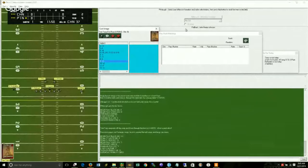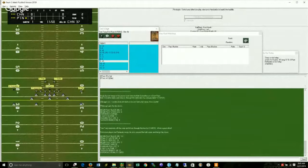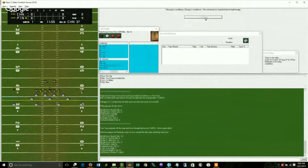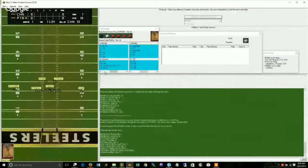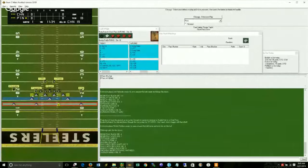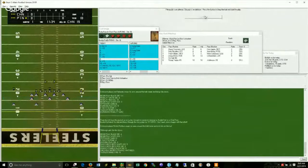We saw Bob Schnelker. I think it's Buddy Dial and Preston Carpenter, I think. We'll see if they get called into the play. It's Buddy Dial. Short pass to Buddy Dial. He's a max receiver. Look at that card, guessed wrong. Goes on the receiver reading. So Peter doing a good job keeping me off balance here,